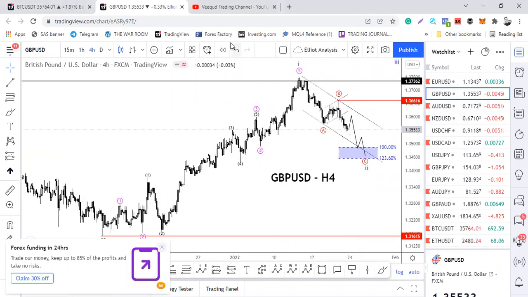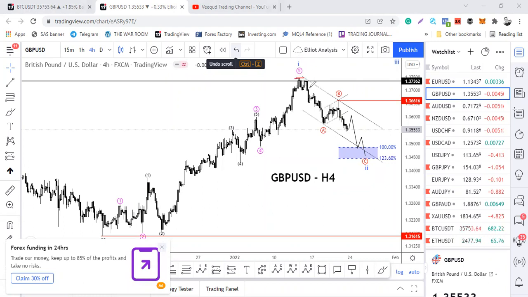So GBP US dollar has been in a very bullish trend the last few weeks. I've not seen a good trade opportunity on this pair for a while now, except last week when the market broke out of this correction. So we might consider a 5-wave impulse completed right here,